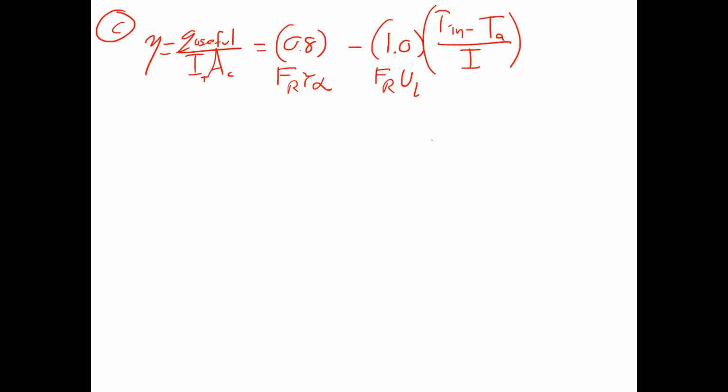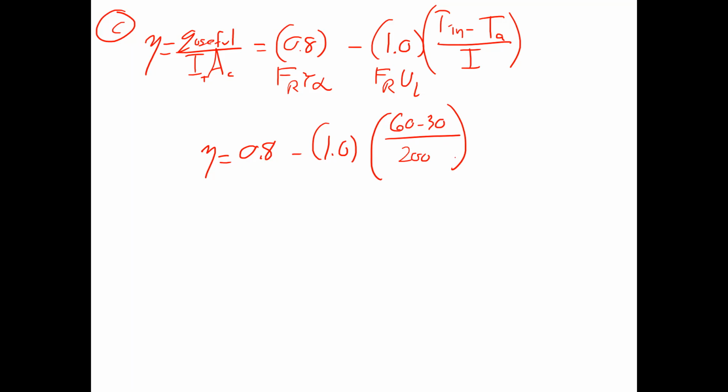We can compute the efficiency at this point. So 0.8 minus 1.0 multiplied by T in, which is given as 60 degrees, minus T ambient, which is given as 30, divided by the irradiation, which is given as 200 BTU per foot squared hour. We compute that to get an efficiency of 0.65, where 0.65 is equal to